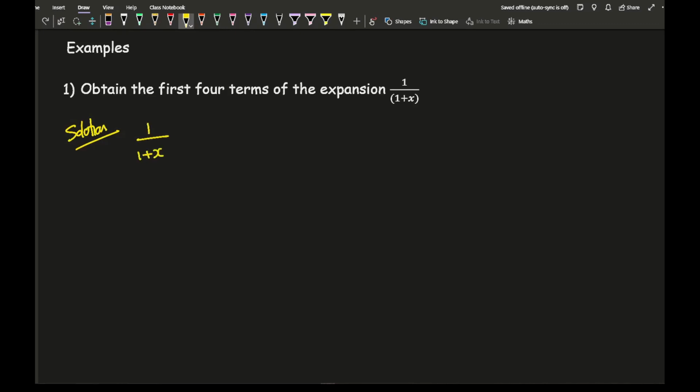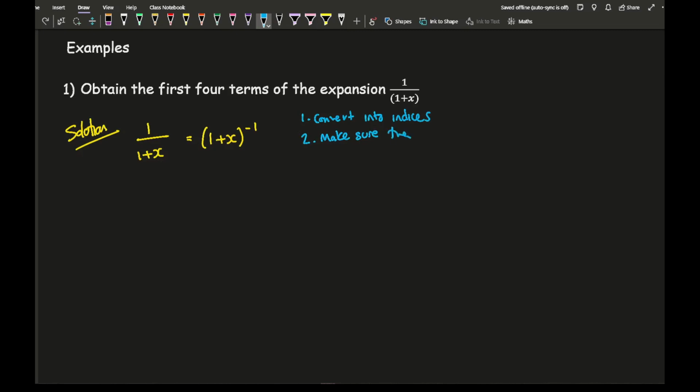So I've got 1 plus x, so how I'm going to write that is (1 plus x) to the power of -1. And that should be always something that you want to do. Now, another thing, obviously forward thinking, is that before we move on to the binomial expansion, let me just write little notes. So what we've done is convert into indices. And then the next check you want to do is make sure